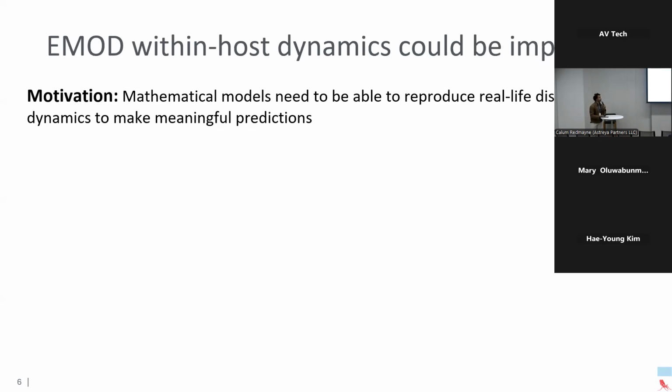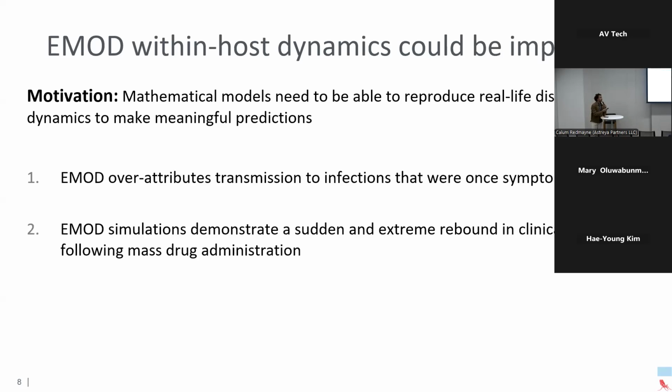So the motivation here really is that we want our model to capture and reproduce real life disease metrics, as I've just said, in order to explain things in a way that we think is sound and maybe even make some interesting predictions. And specifically with EMOD, some problems with our within host model, or room for improvement, I guess I should say, are